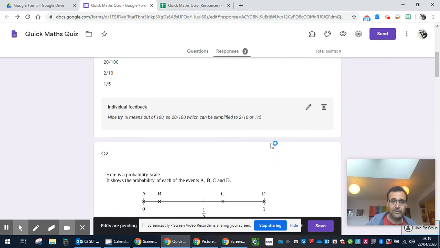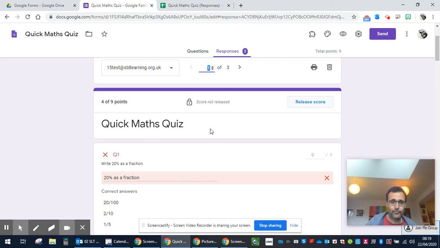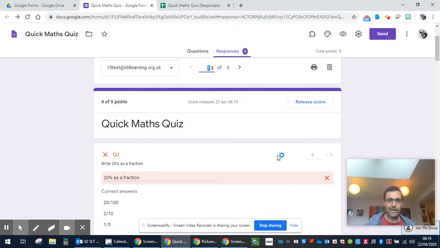Now, as you can see at the top here, it says score not released. So what I'm going to do is I'm going to click on release score. I'm only going to do it for the student that I've just commented on. Send emails and release. That student now gets told they've got 4 out of 9, and they've got told my